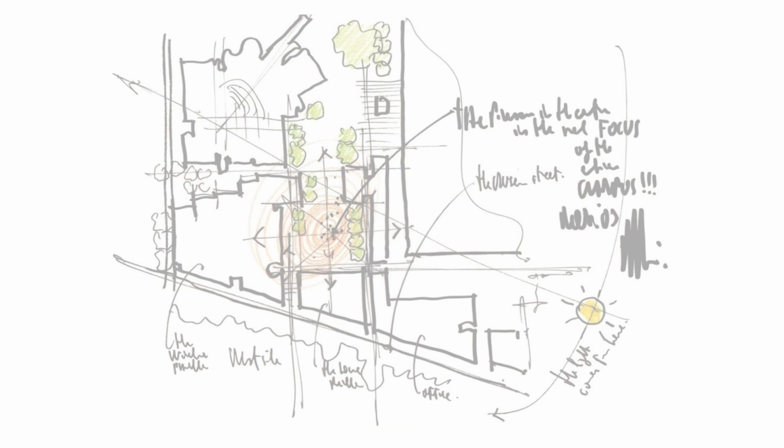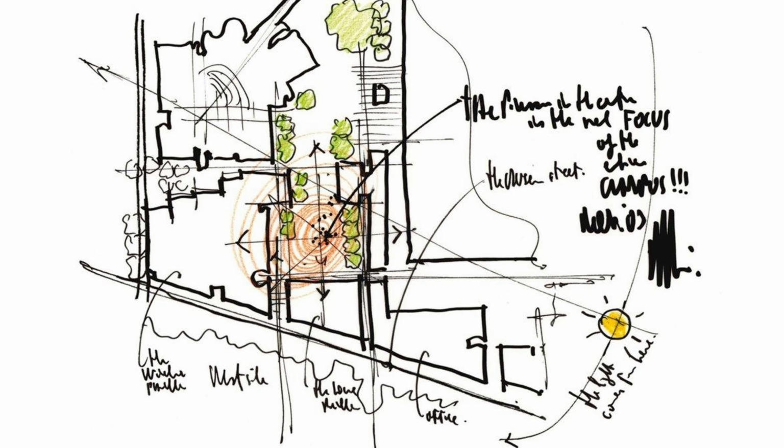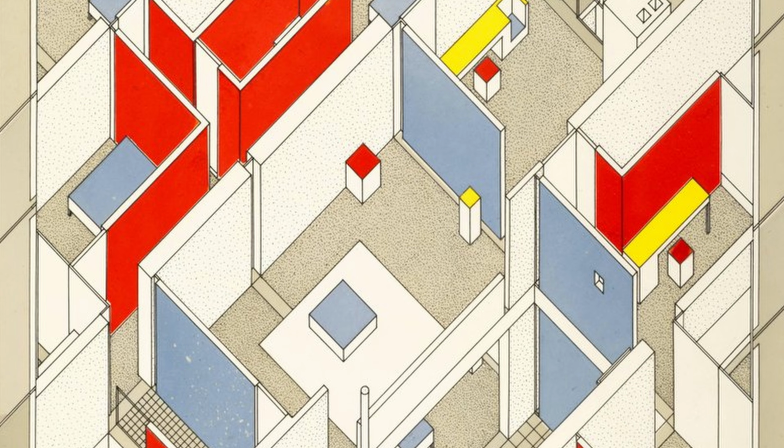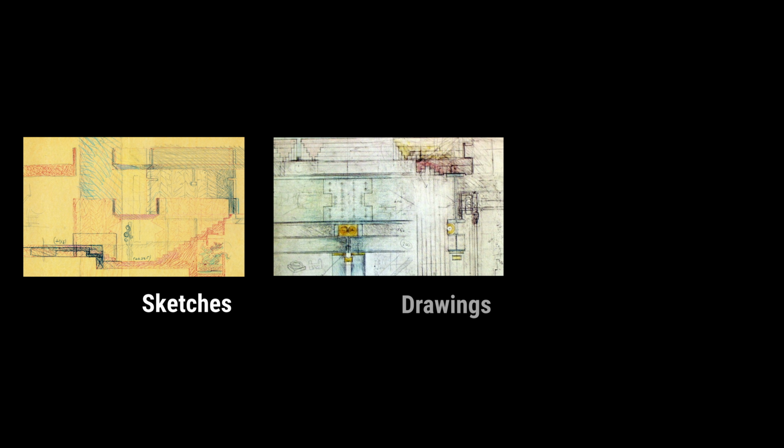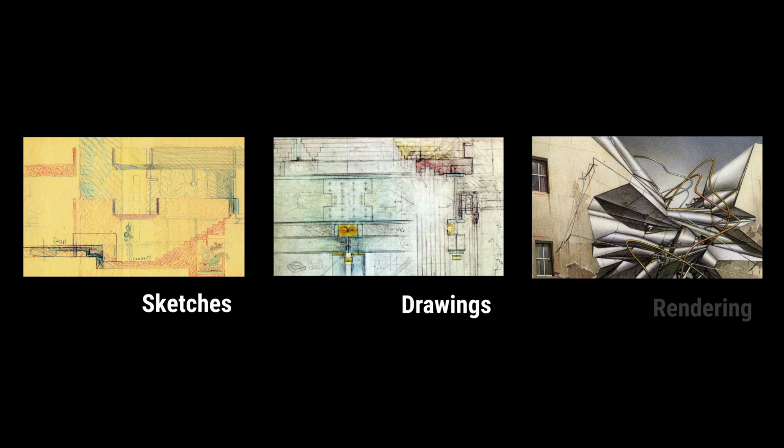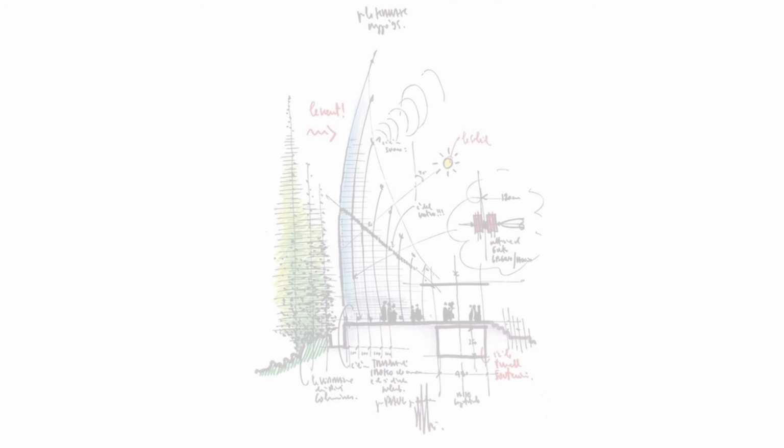From quick sketches to finished renderings, it's essential for architects and designers to have a variety of techniques for drawing. We can make the distinction between architectural sketches, drawings, and renderings. Sketches are done by architects to quickly explore design ideas. These sketches are usually messy, sometimes ugly, but they allow an architect to iterate many different design ideas quickly and